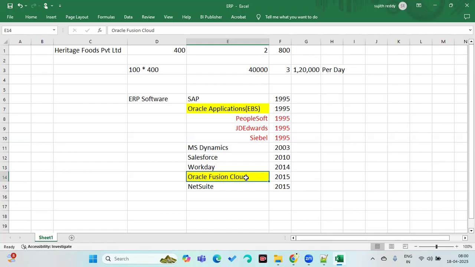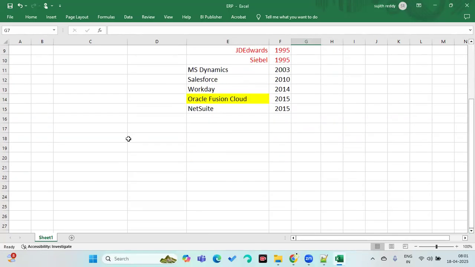So clients will not take the business decision immediately to move from old ERP to new ERP. It takes some time. That's the reason that whenever people are looking for a job in the industry right now, there will always be jobs in Oracle Applications EBS. Now we are going to discuss how these projects will come.